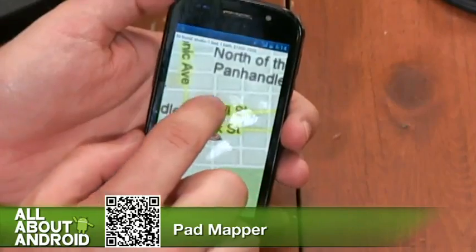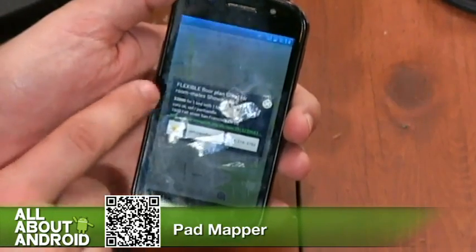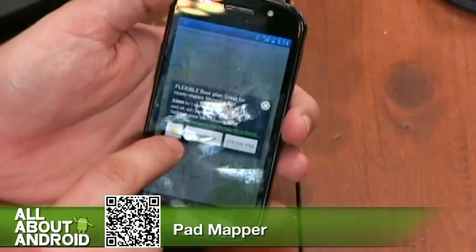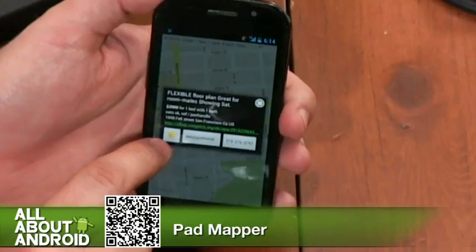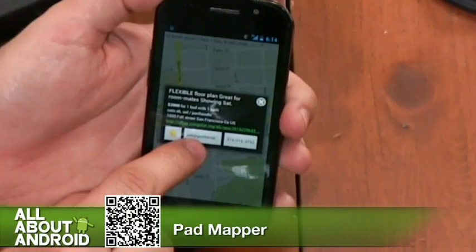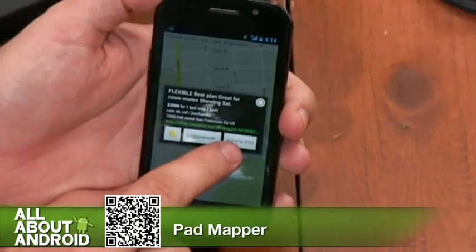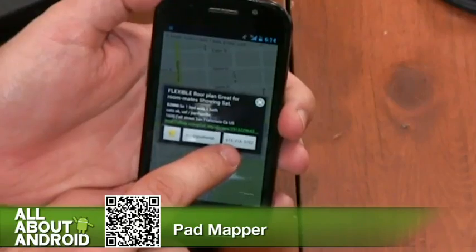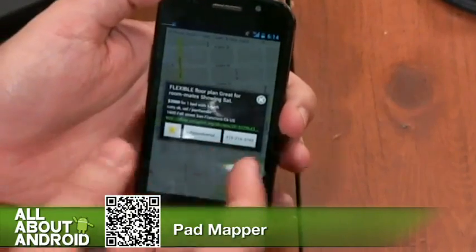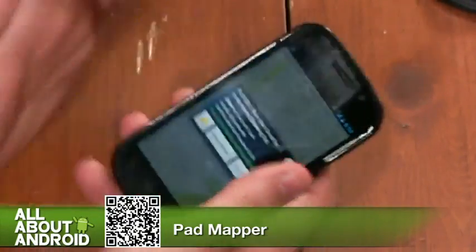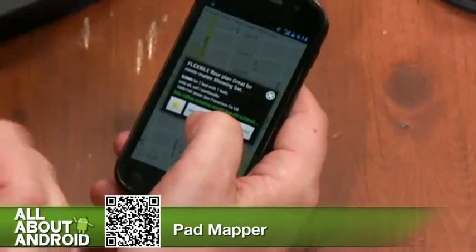And you can see, for example, this one will pull up and it says, hey, great, flexible floor plan. And boom, right there, you can make it a favorite. You can write an email to the person who listed it in the ad. Or if they listed a phone number, you can call them directly. So that's cool. Imagine me running around the streets of San Francisco, phone in hand, and I see this listing pop up. I can call the person immediately and say, hey, I'm on my way. And it's a way to jump on top of the listings as they come up.